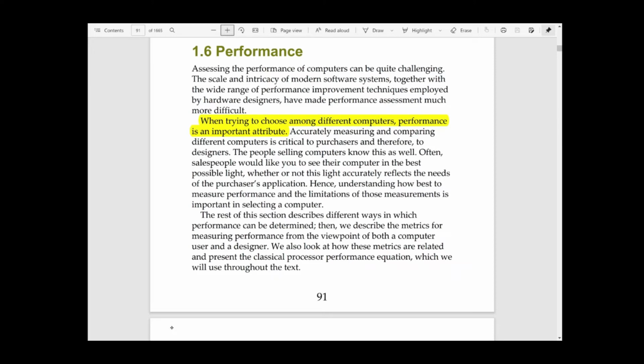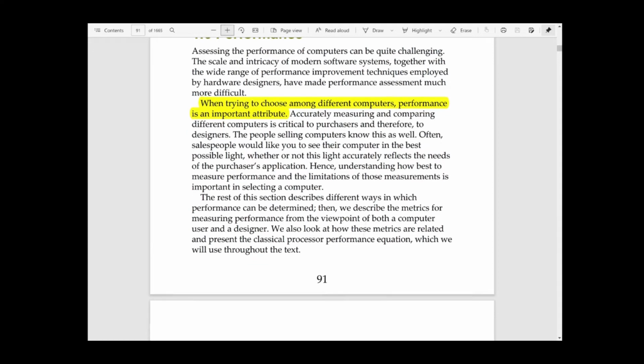I think I've explained in my previous class, that if you have two computers like C1 and C2, how can you say which one is performing better, or whose performance is better? One technique I explained in the last class is that we run a particular program on both computers and find out the execution time. The computer which executes faster, we say its performance is better. But sometimes the requirement may change, and you cannot measure the performance only in terms of execution time.